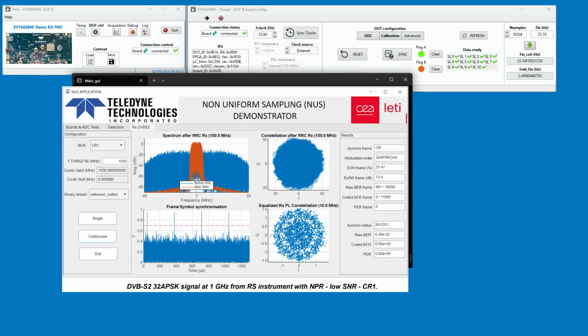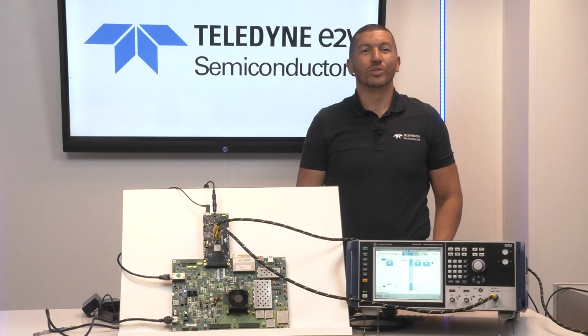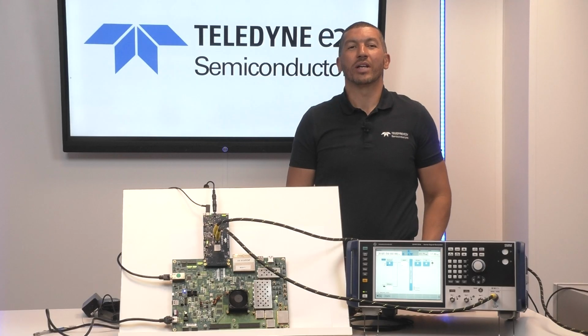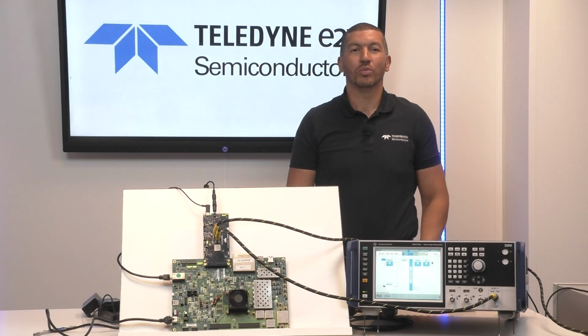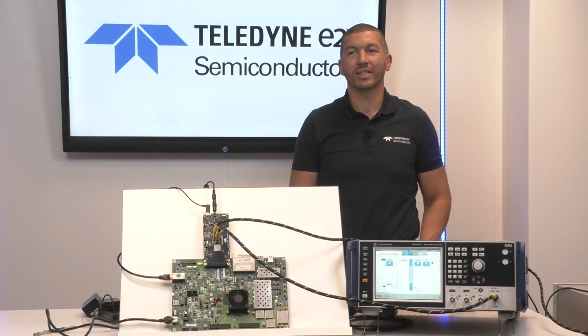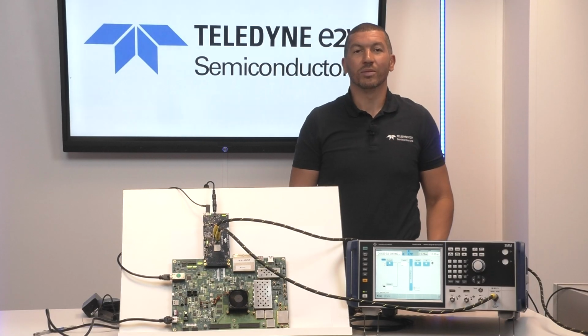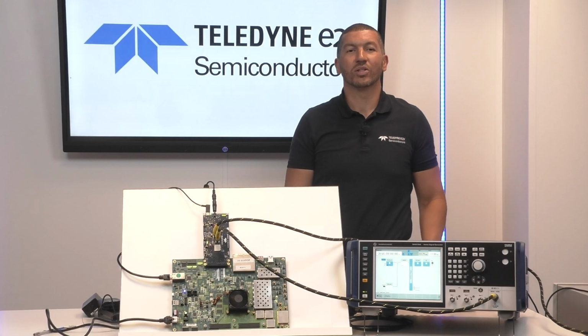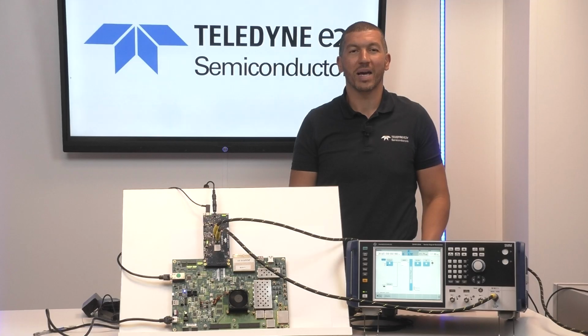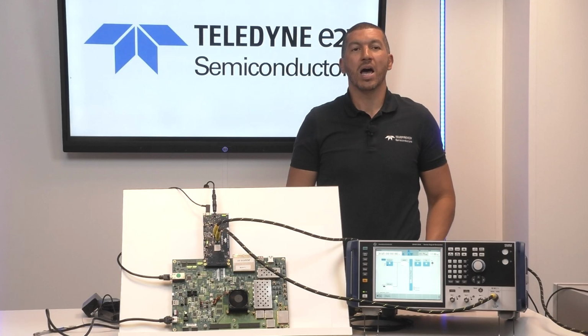Another example done with noise pattern, showing that in low SNR conditions it is possible to decode correctly the binary stream. As a conclusion, our results show that non-uniform sampling enables robust detection and demodulation even at low SNRs. It's a practical way to reduce data rates and power consumption while maintaining signal fidelity. This demonstrator provides a concrete example of how non-uniform sampling can be applied in ADC systems and opens the door